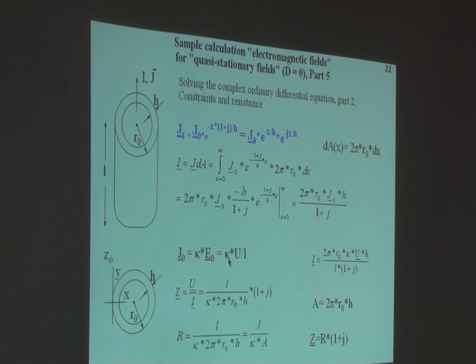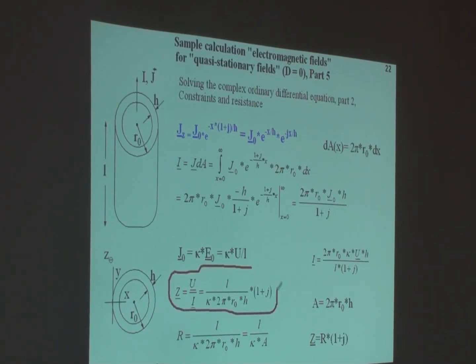Then you say at the outside of the conductor we have J0 equals kappa times the electric field strength, so you have a formula between E and U. That's the solution of the differential equation, but the result is important here. You will get this formula